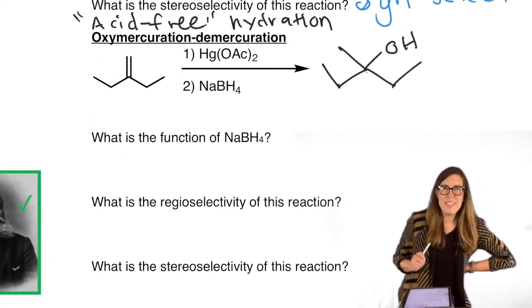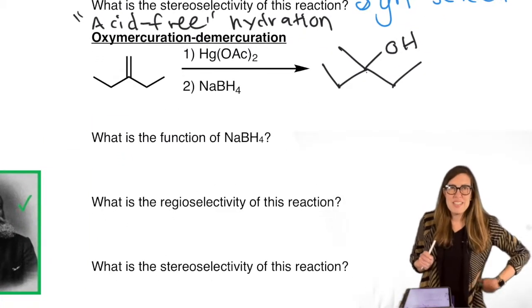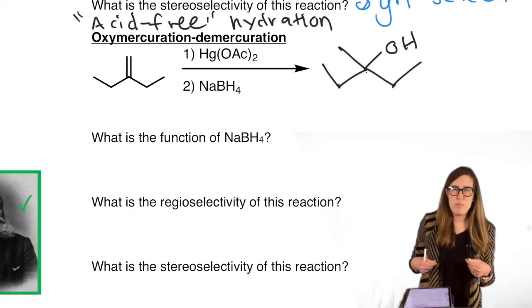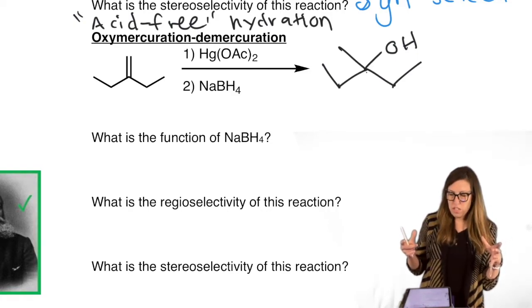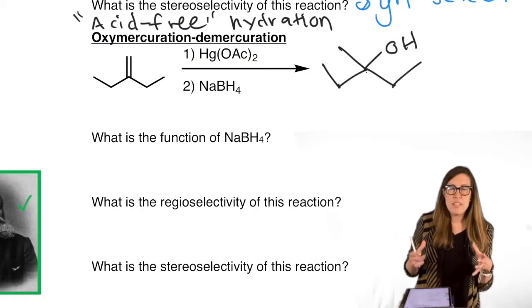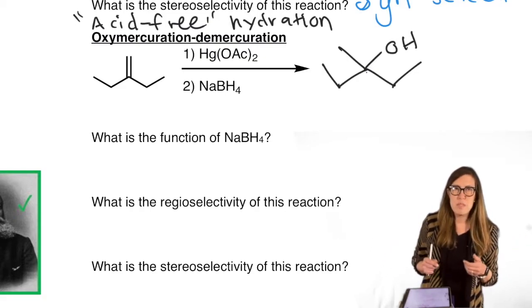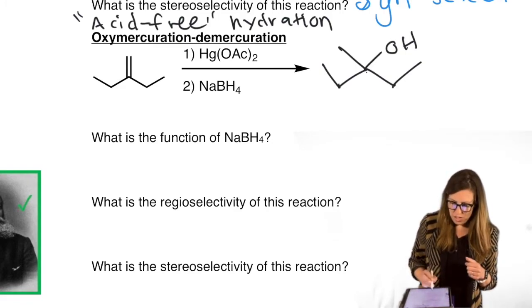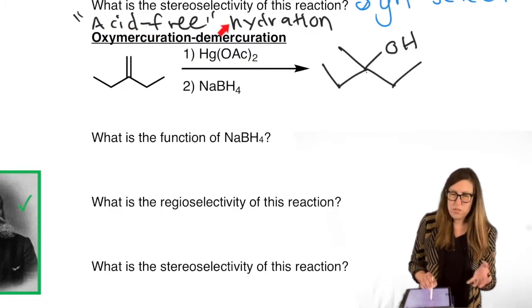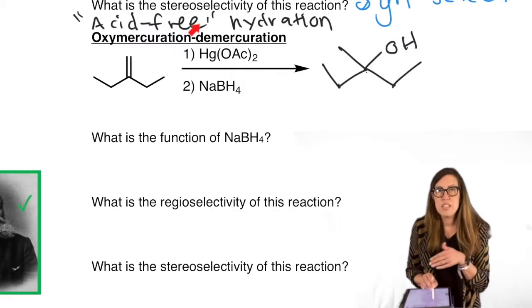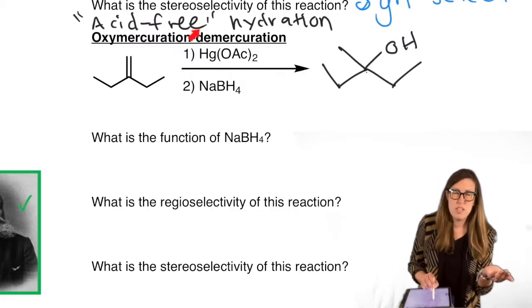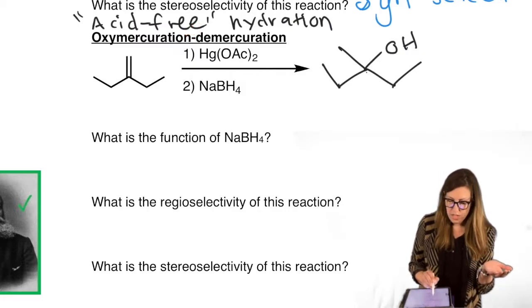Almost like it's a commercial. It's acid-free because acids can pose a problem. If you have a large molecule with lots of functional groups, acids might react or interfere with them. So it's good to have some other pH-friendly reaction ready to go if it's not friendly for an acidic environment. Oftentimes if we learn how to do something in acidic conditions, we might learn basic conditions as well to accomplish the same transformation. And this is essentially like basic conditions.